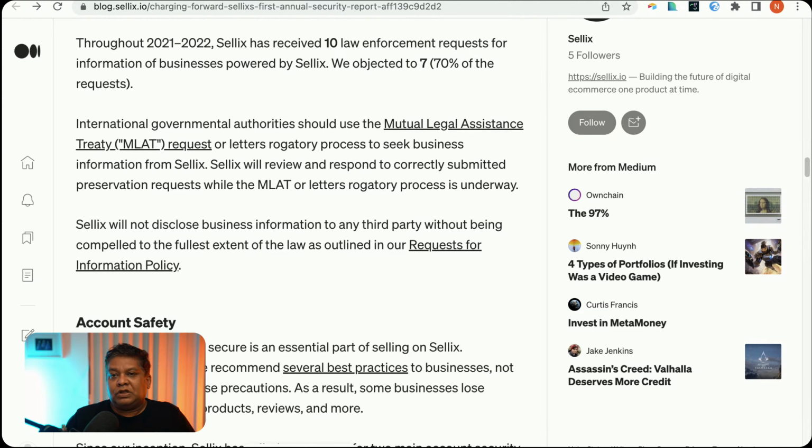So this is an interesting line, and they're saying basically that we will not disclose business information to any third party without being compelled to the fullest extent of law. Okay, so this can work in two ways. As somebody who respects privacy laws and things of that nature, it is a really good thing. At the same time, for a legitimate request from a third party, I'm not sure if they are protecting sites like the one I just showed earlier, or are they protecting rogue actors?